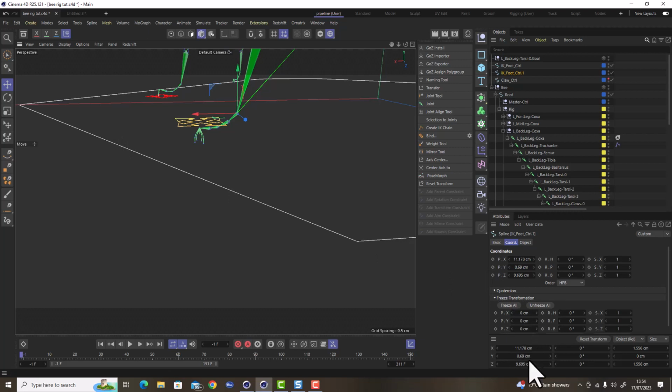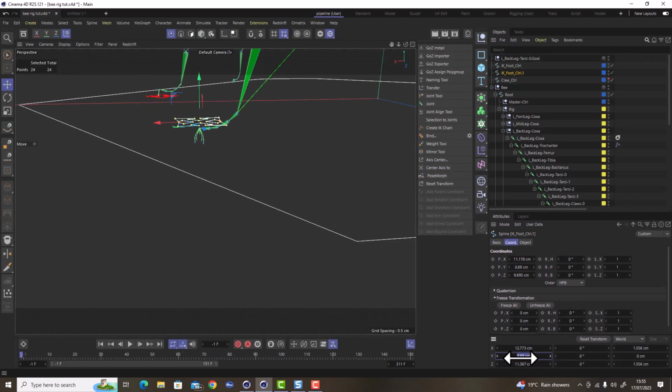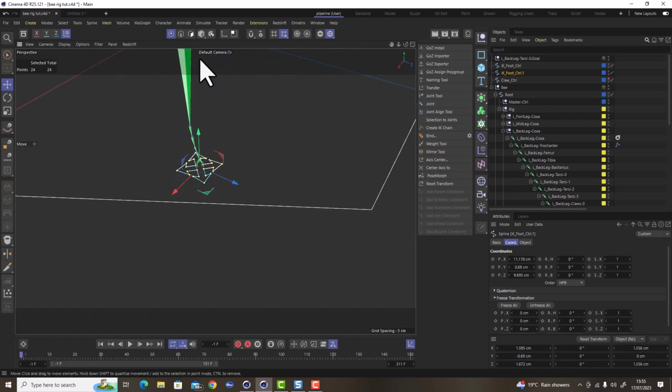It's shown it's got an offset of 0.69 at the moment. The way which we can fix this is that we can change, you can see here object relative, we change this from that to world mode, and then it's going to give us where this particular object is located in world space. And then we can zero that off. Remember to put it to relative again, and now it's actually put it exactly where it needs to be, which